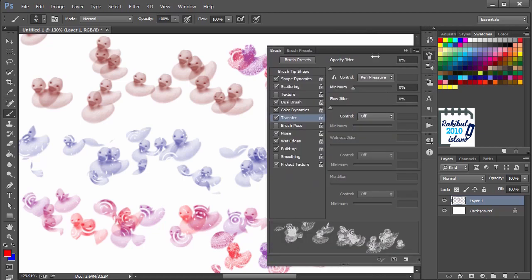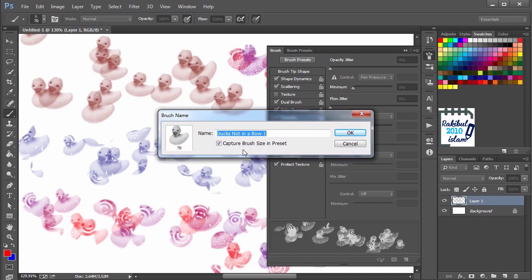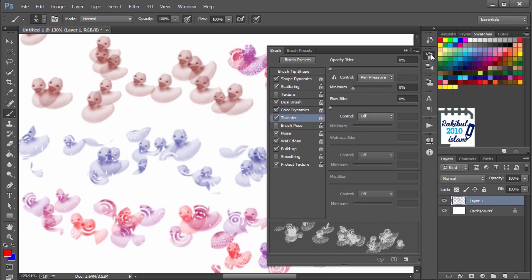So all these are temporary changes of that particular brush tip. To keep these changes, you need to click here to create a brush preset, and we can name it Dax New. If you want it to remember this diameter, then you can check this option, but if you don't, then you can uncheck it and click OK.